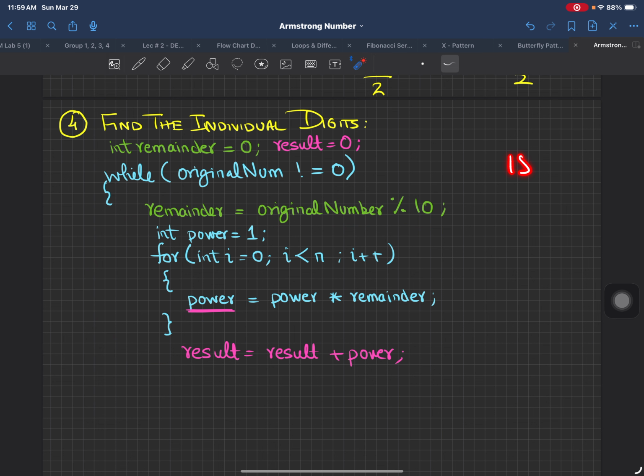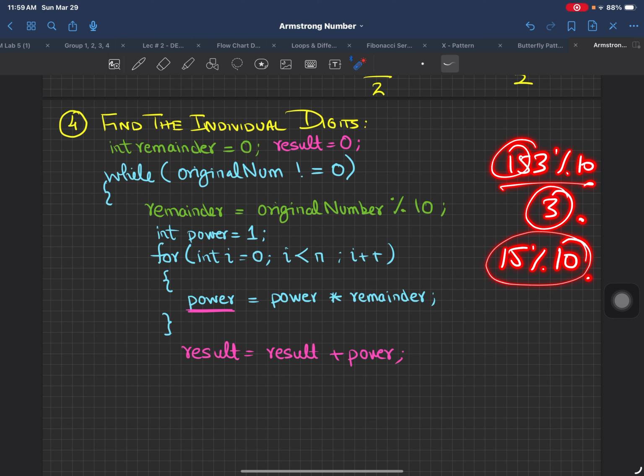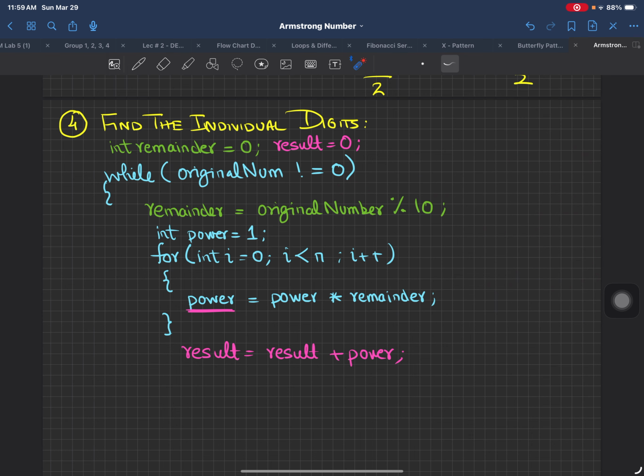So this time, previously it was 153 by this. What I got was the answer 3. Now what I have to do is divide 15 remainder by 10. This means that whatever the answer is, 15, now I have to replace it with the original number. So now my original number here is going to be equal to the original number